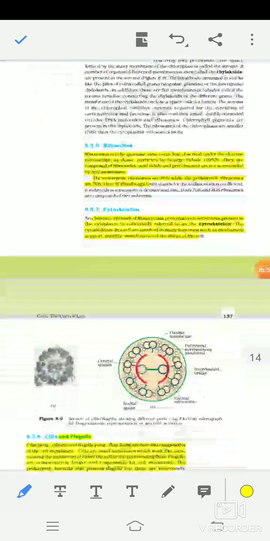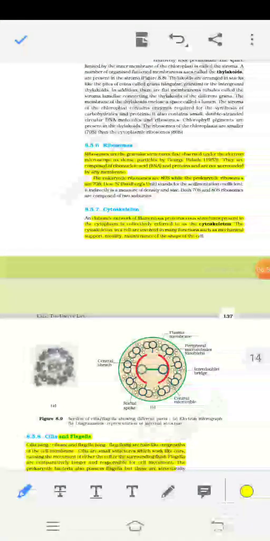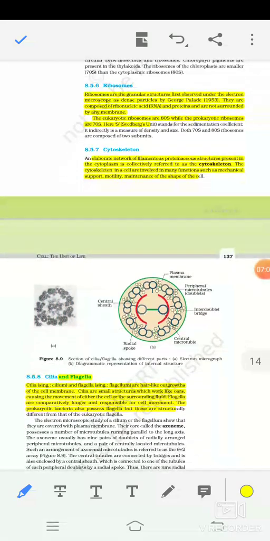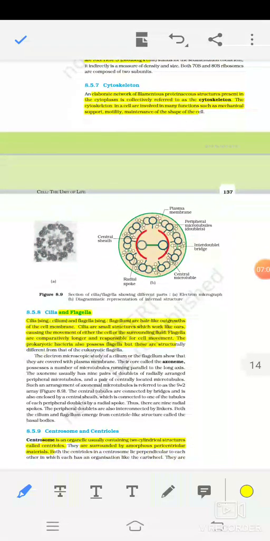4 micrometre. Ribosomes are granular structures first observed under the electron microscope as dense particles by George Palade. They are composed of RNA and proteins. Eukaryotic ribosomes are 80S while prokaryotic ribosomes are 70S. The elaborate network of filamentous protein structures present in the cytoplasm is collectively referred to as the cytoskeleton. The cytoskeleton in a cell is involved in many functions such as mechanical support, motility, and maintenance of